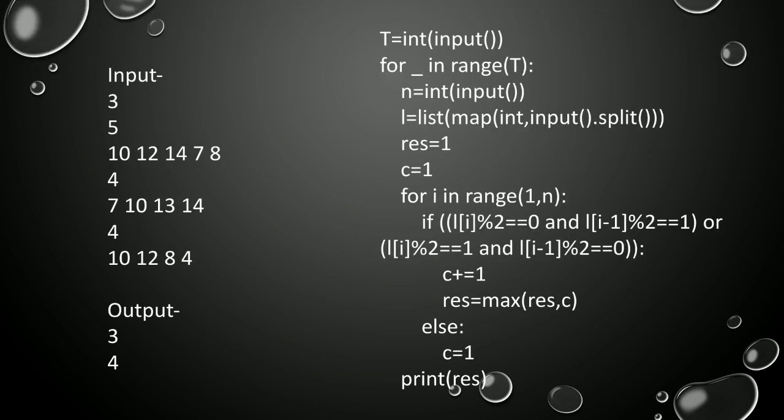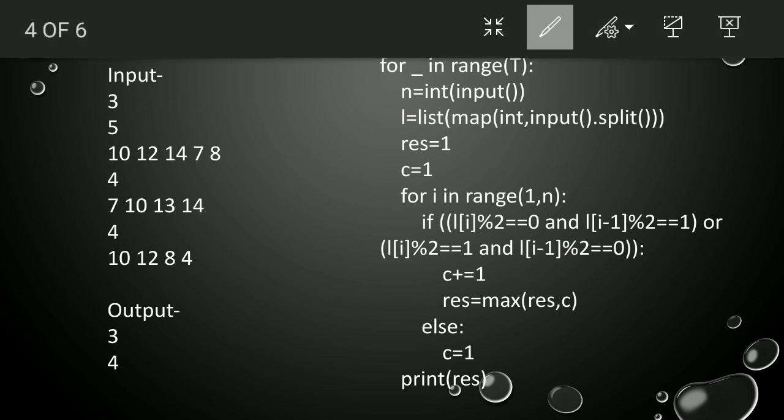Next question. This is an important question, difficult as well. In this we want to check the sub array of even and odd or odd and even. For example, first is 11, which is an odd number, then the second is an even number, then the third is an odd number, and then even. So we need to find this sub array. What is the length of the longest sub array of even and odd or odd and even? It can happen like 12, 11, and then 8 and then 9.